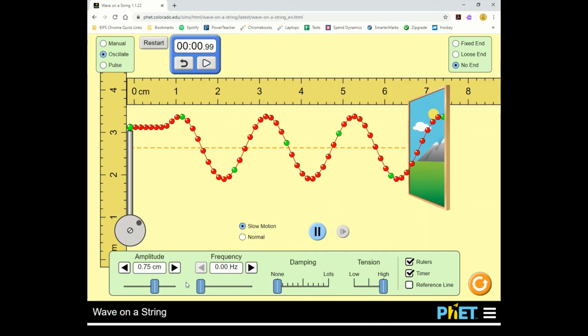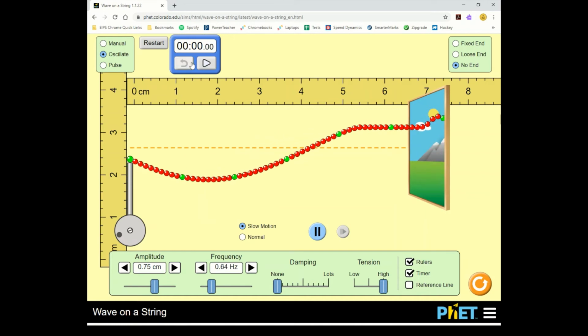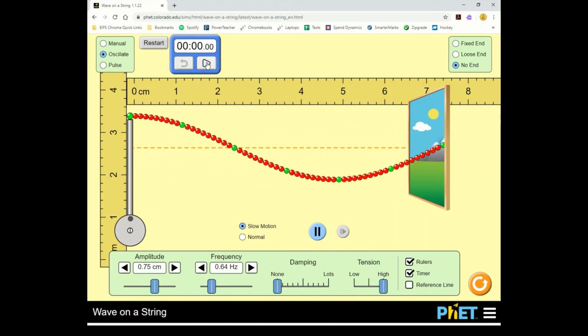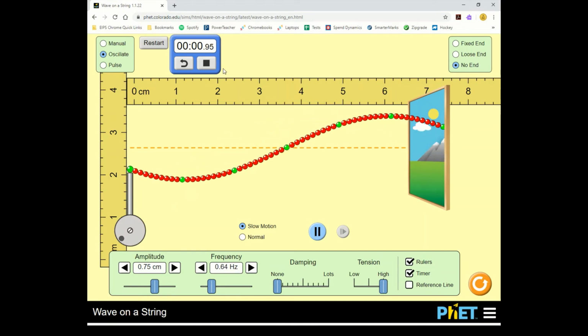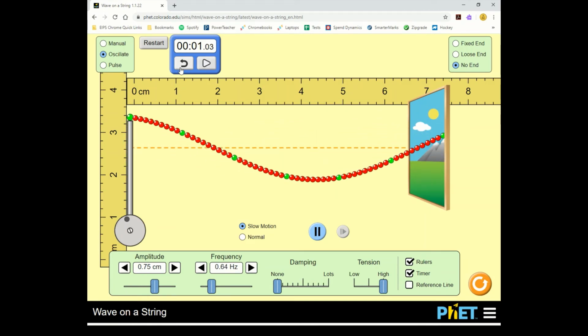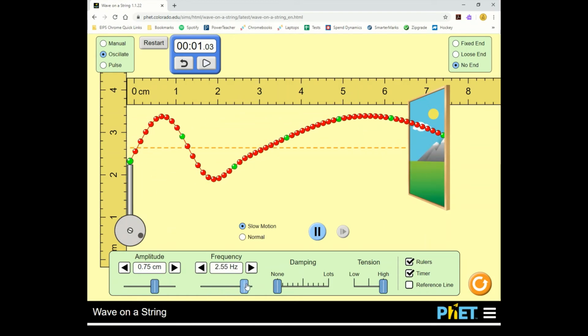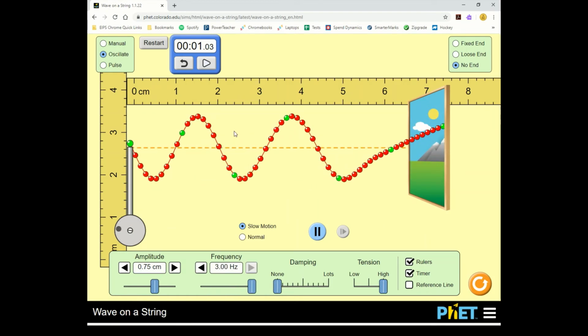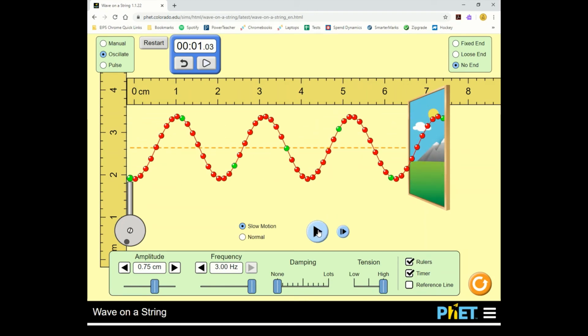So with a big frequency or a small frequency, it takes about a second to get there. But what we do notice changes with that frequency is, when I have a really big frequency and I pause it, it looks like our wavelength from crest to crest is about 2 centimeters. But if I change that frequency,